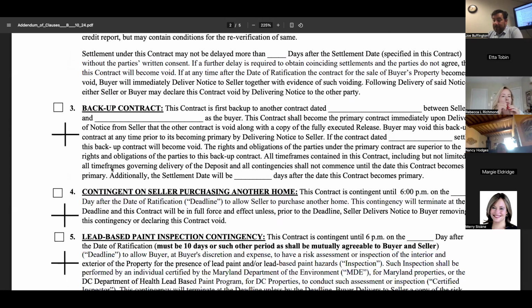All right, three, backup contract. We talked about this in both contracts. So this is where this contract is first backup to another contract dated, and that date almost labels part of the contract. So this is dated. This is used when you're the buyer, you submitted an offer